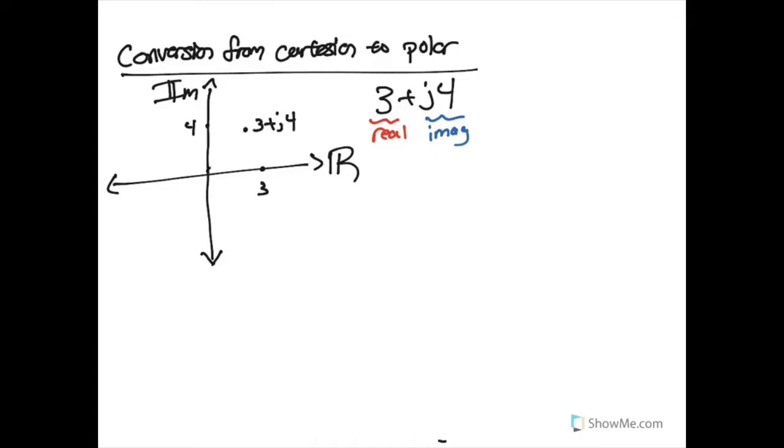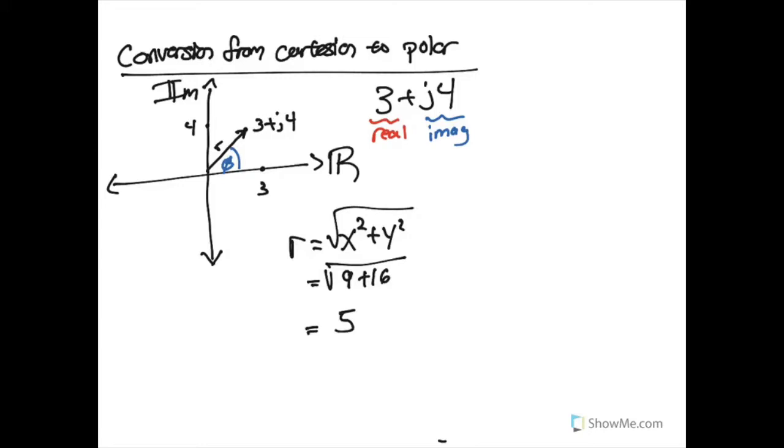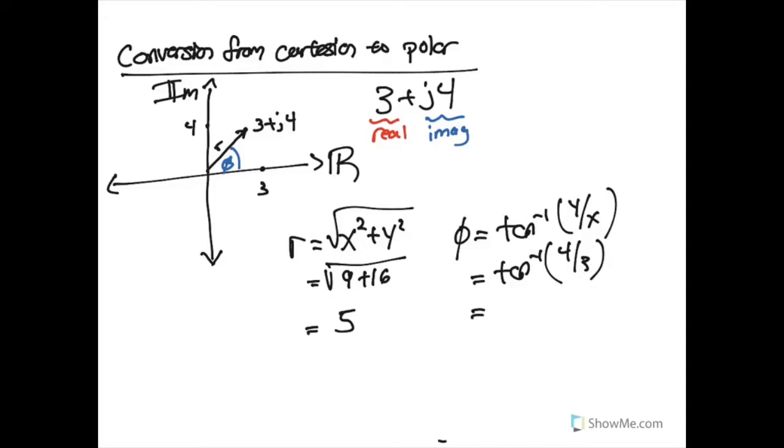Now, the things that we are interested in finding are the length of this vector and the angle for this vector. The length, if we recall, is always the square root of x squared plus y squared. So this will be the square root of 9 plus 16, which is the square root of 25, which is 5. Our angle will be the tangent inverse of y over x, which will be the tangent inverse of 4 over 3, and this value right here is